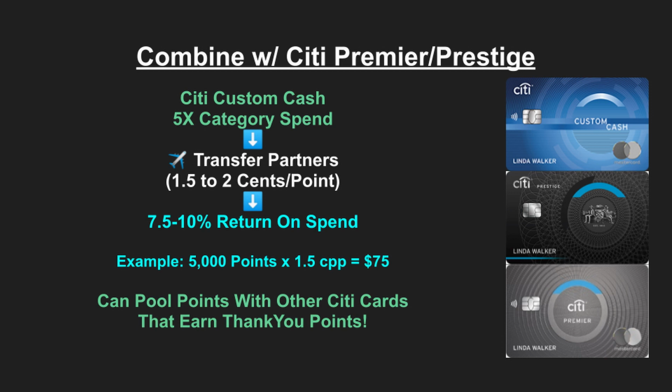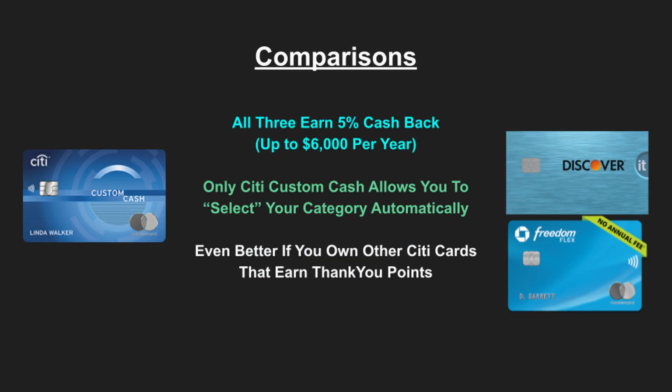Keep in mind that your sign-up bonus is also given in ThankYou points, so transferring these points onto a Citi Premier or Citi Prestige could easily boost up the value of your points that you earn on the Citi Custom Cash. Now, other popular cards similar to the Citi Custom Cash are the Citi Dividend, Chase Freedom Flex, and Discover